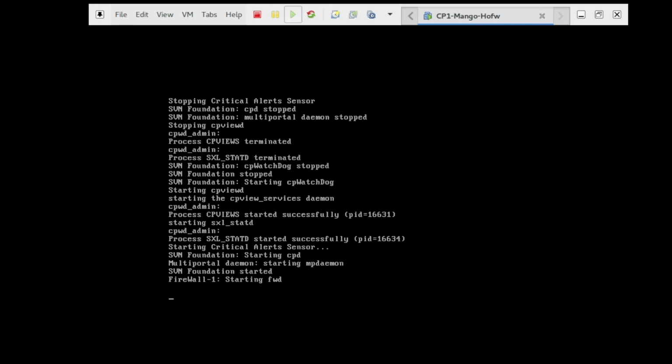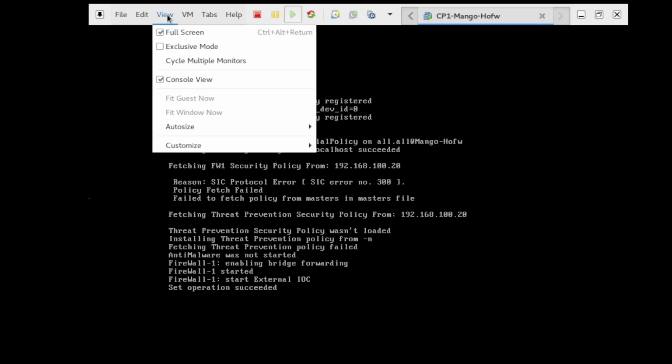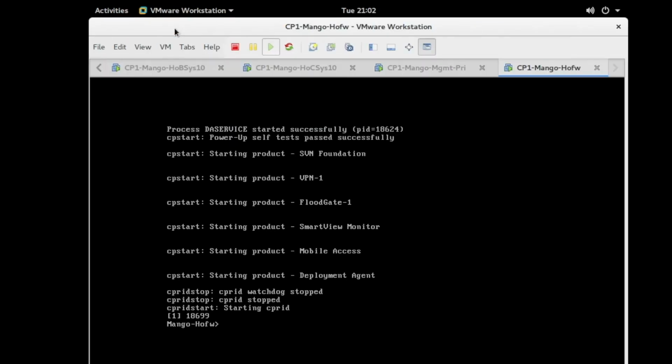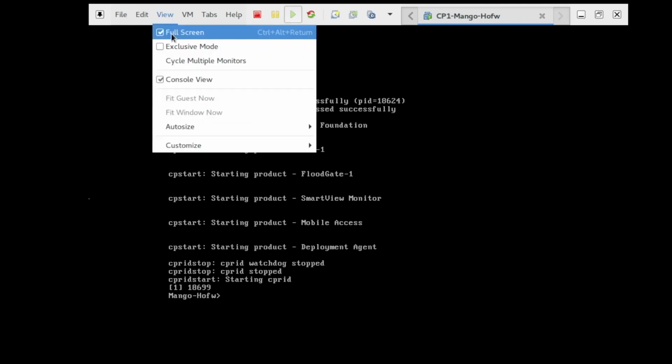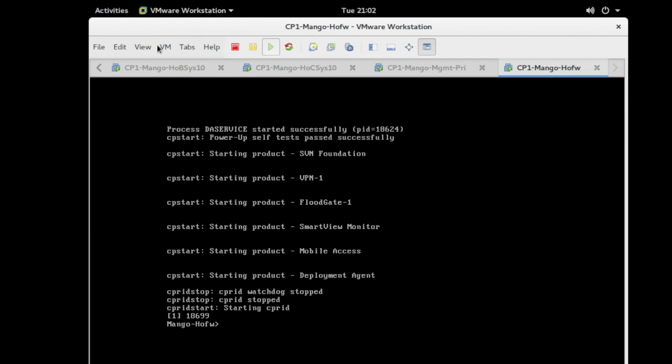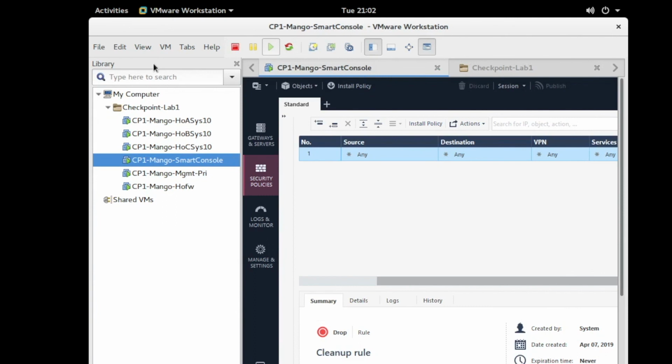So you stopped the services, removed the certificate and started all the services, right? So now again I go to the Smart Console application.